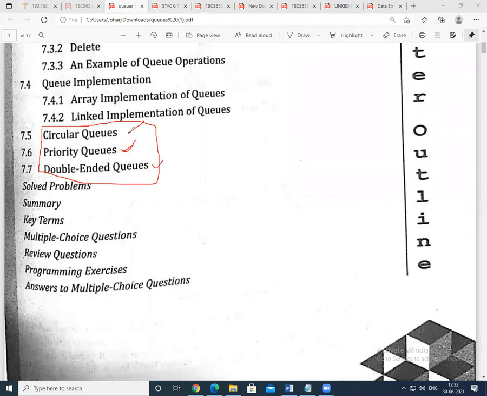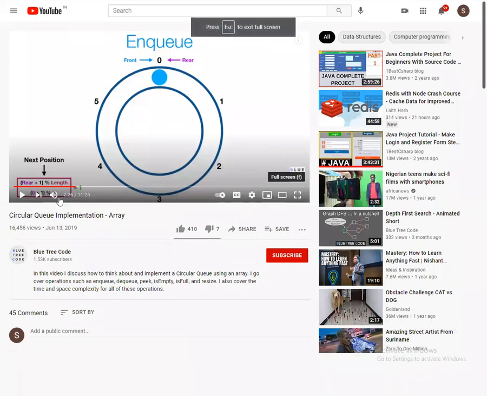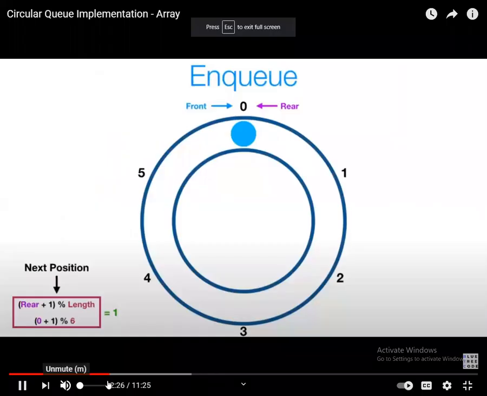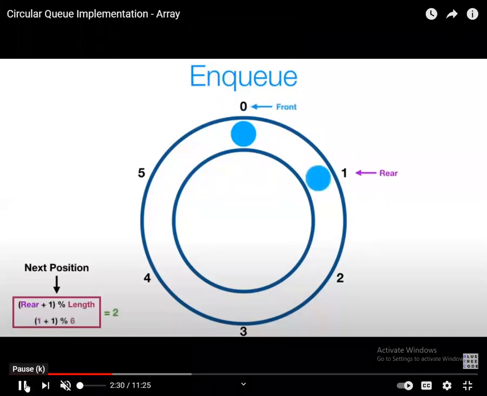Along with that, we will recap what circular queues are. Yesterday I showed you a few animations to understand the concept of circular queues, and I explained programming-wise how exactly the circular queue works. If you can remember a few of the major concepts of a circular queue, you will find it easy. So you can see what happens in the case of a circular queue.